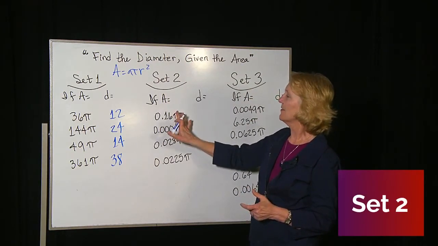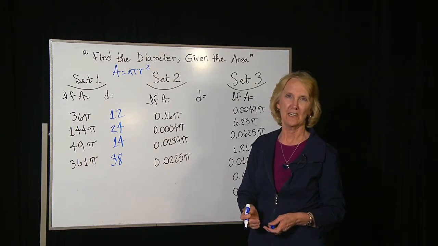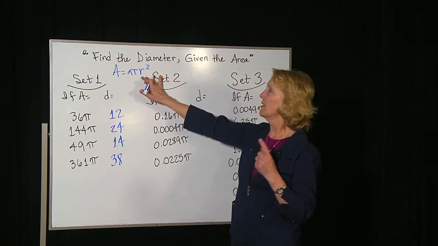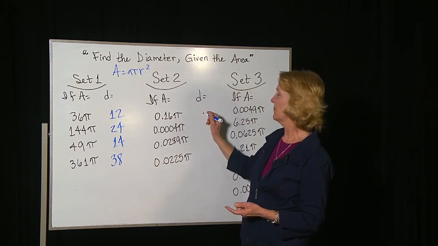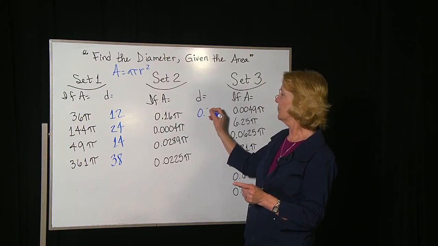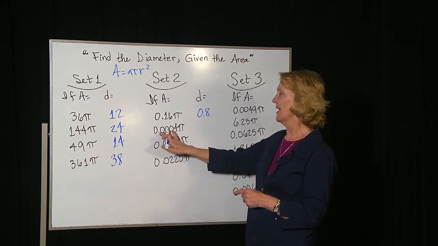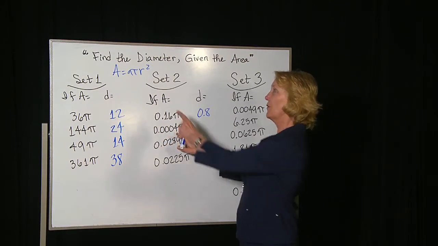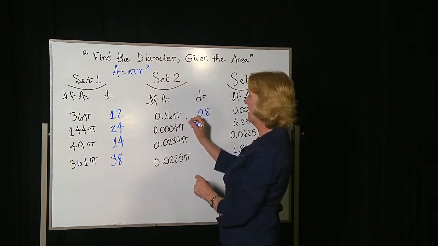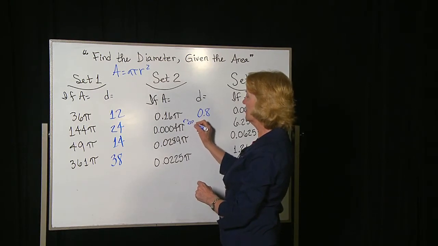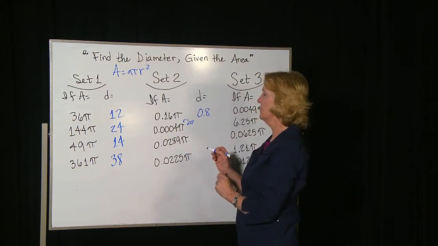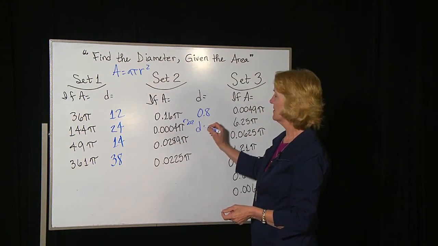Okay, on this one, now I've got the same kind of thing, but there's a decimal point in every problem. What got squared to give you 0.16? Well, 16 comes from 4 squared, but we must have had a decimal, 0.4, and then we have to double it, 0.8. Okay, if we have 0.0004, what got squared to give you 4? Must have been 2. Each of the 2's, the radius must have been 0.02, so the answer would have 4 places behind the decimal point. If the radius is 0.02, diameter is twice as big. So the diameter is